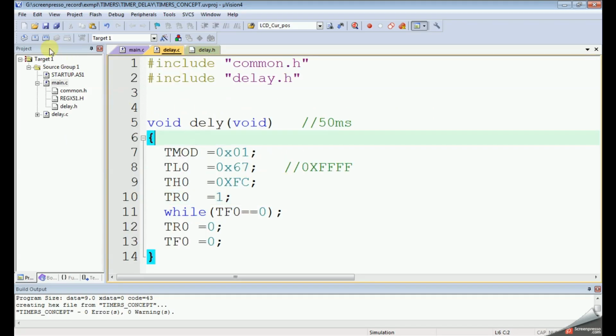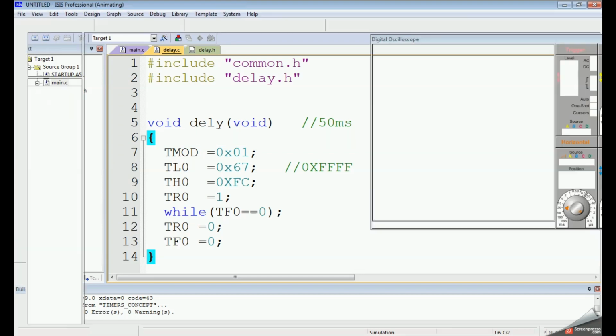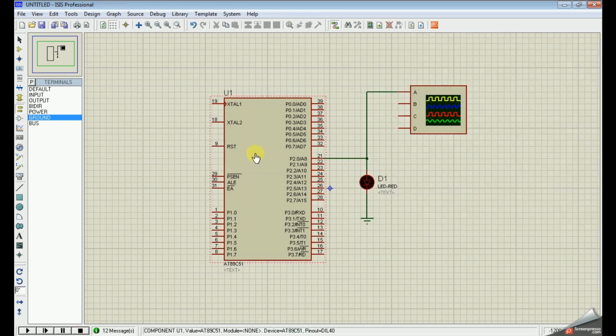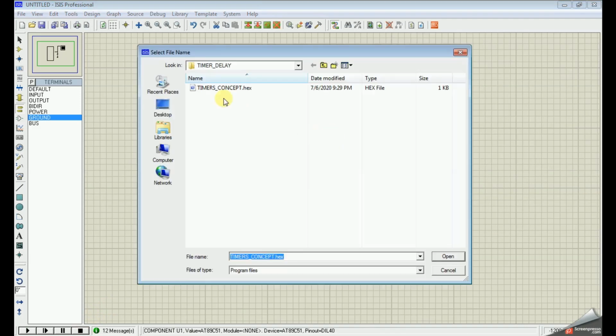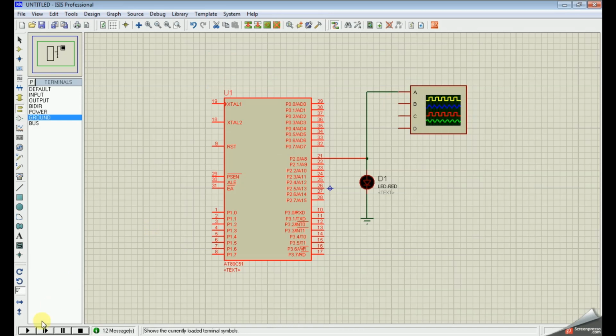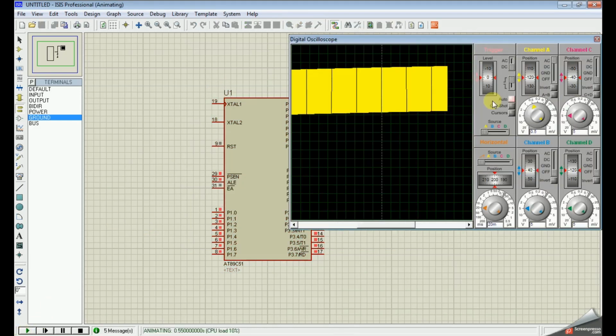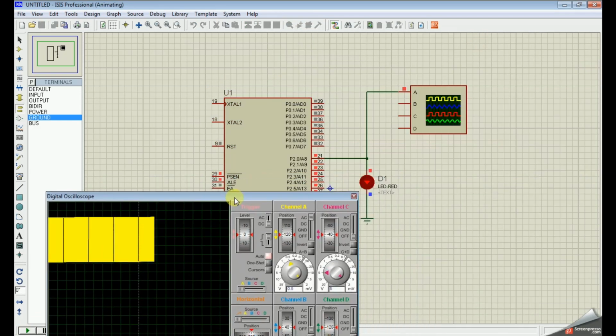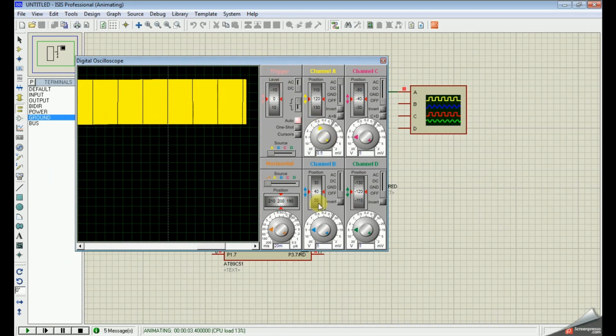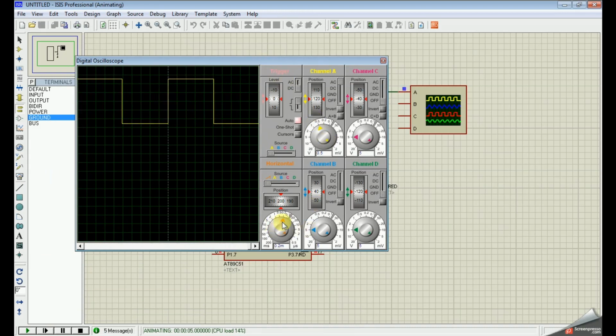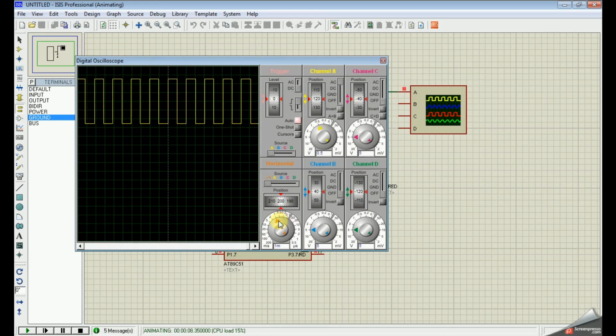Just save this, compile, build it. Let's execute in the Proteus simulation. Stop this first, flash the software, play it. Now it is generating 50 Hz. Let's check that.